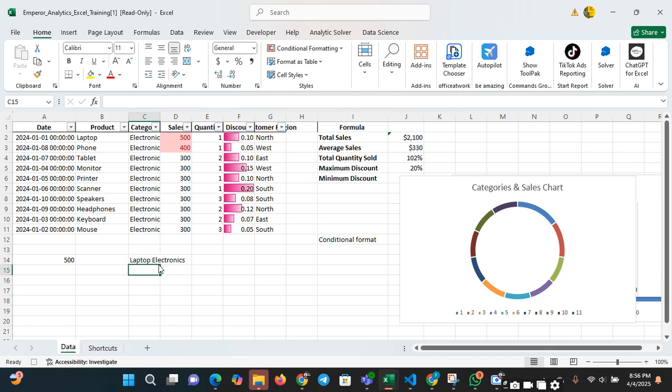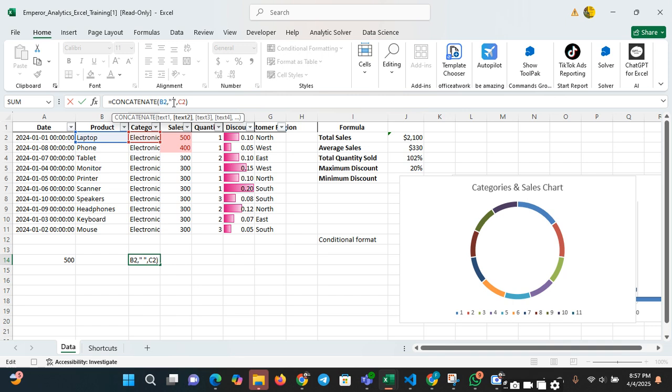Do you understand? So if you use this formula here at the top, it's going to do that for you. Concatenate, open bracket. So on the first one, put the quotation mark, put a space in between, put quotation mark again, comma, then select the other one. So it's going to join them together once. So as simple as that. You see how